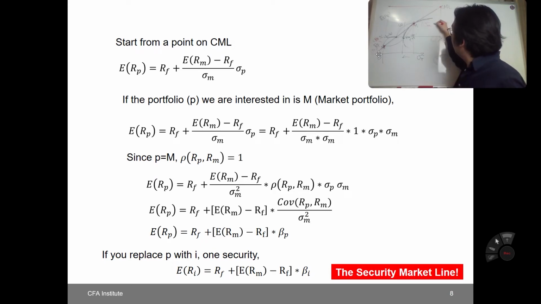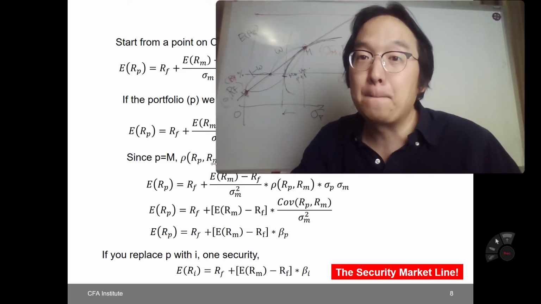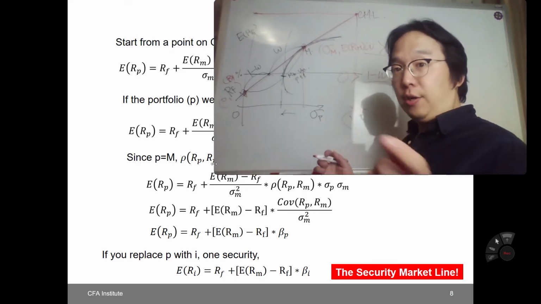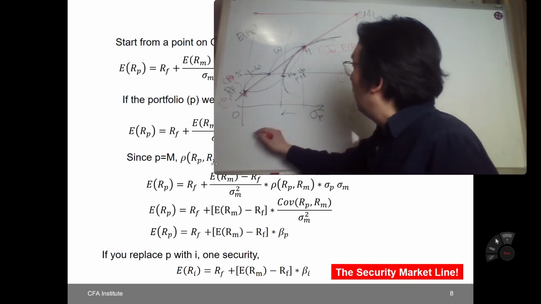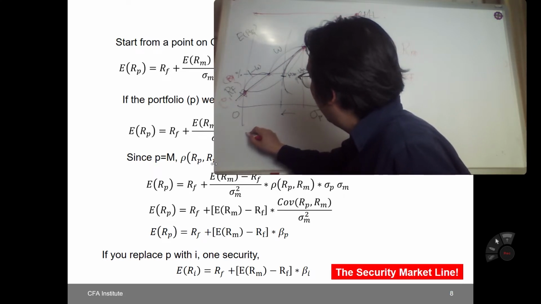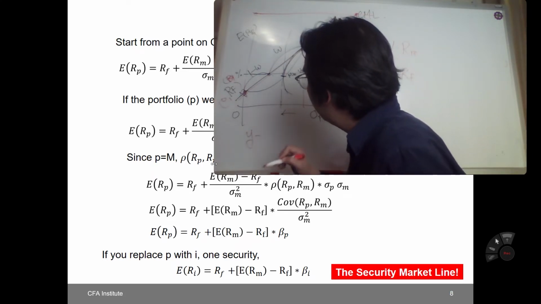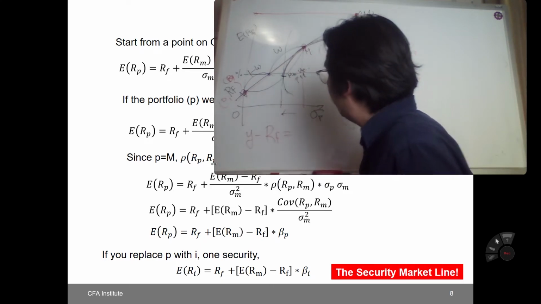And then the expected return on the market, right? Whether you use big M or small m, I don't care. Over here, so based on these 2 points, how do you get the equation? Well, what is that? Your y minus that RF should be equal to